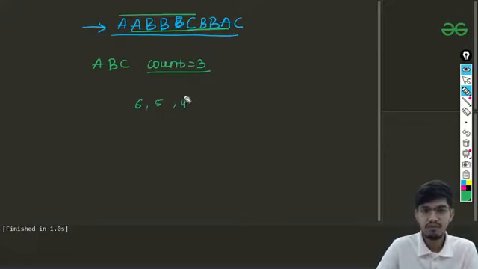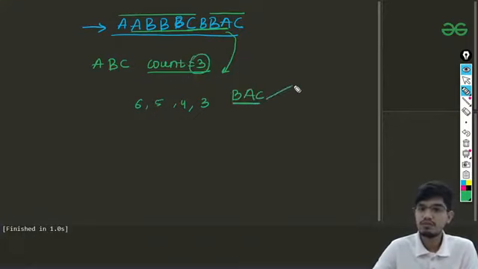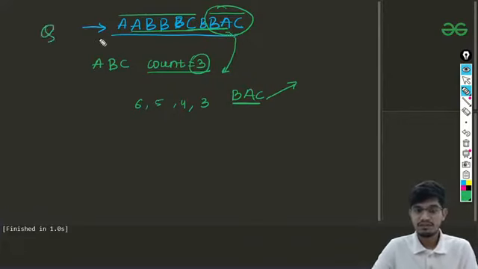Can we come up with a better solution? You can see if we take this substring, which is BAC, it is the smallest of all. So we'll be taking that. The output for this will be BAC. We don't want the count, as we already know the count. In the output, we'll just give this substring. We just need to return this substring here. So let us look into this question and talk about this in great detail.